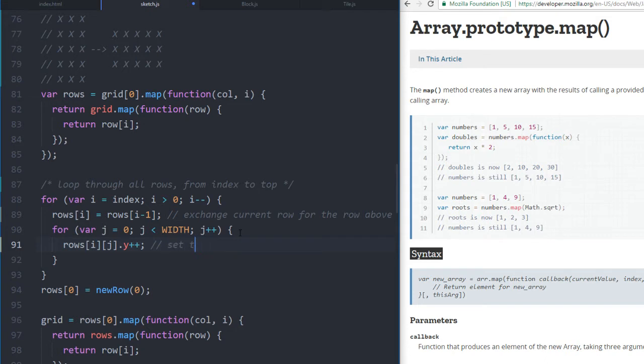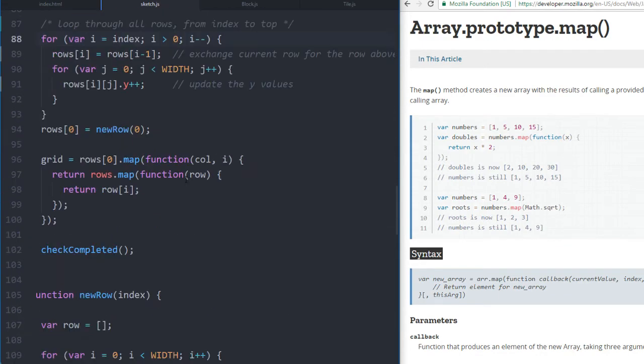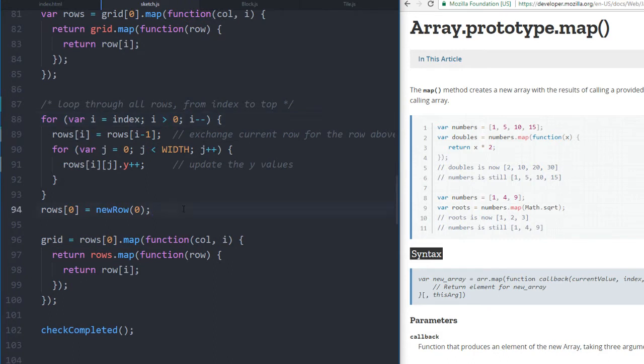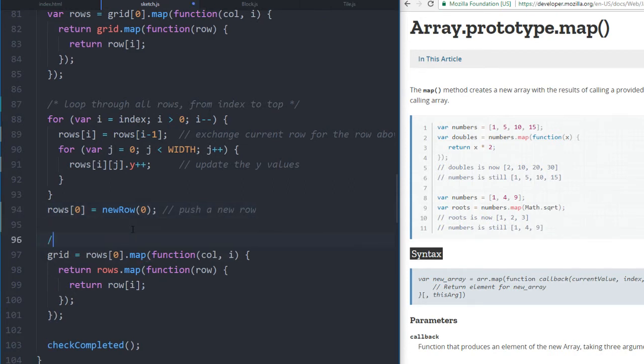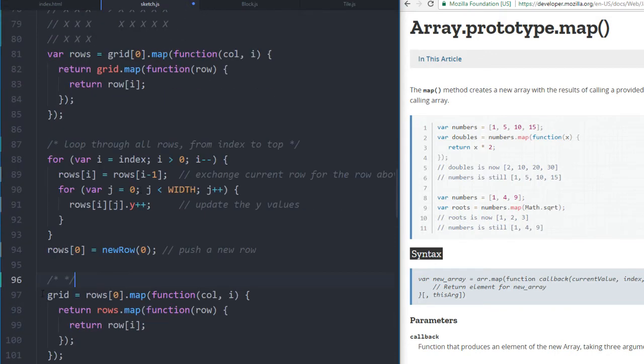Set the correct, no, update the y values. There we go. Nice. Shift rows, push a new row. And what we say here is set the grid back to